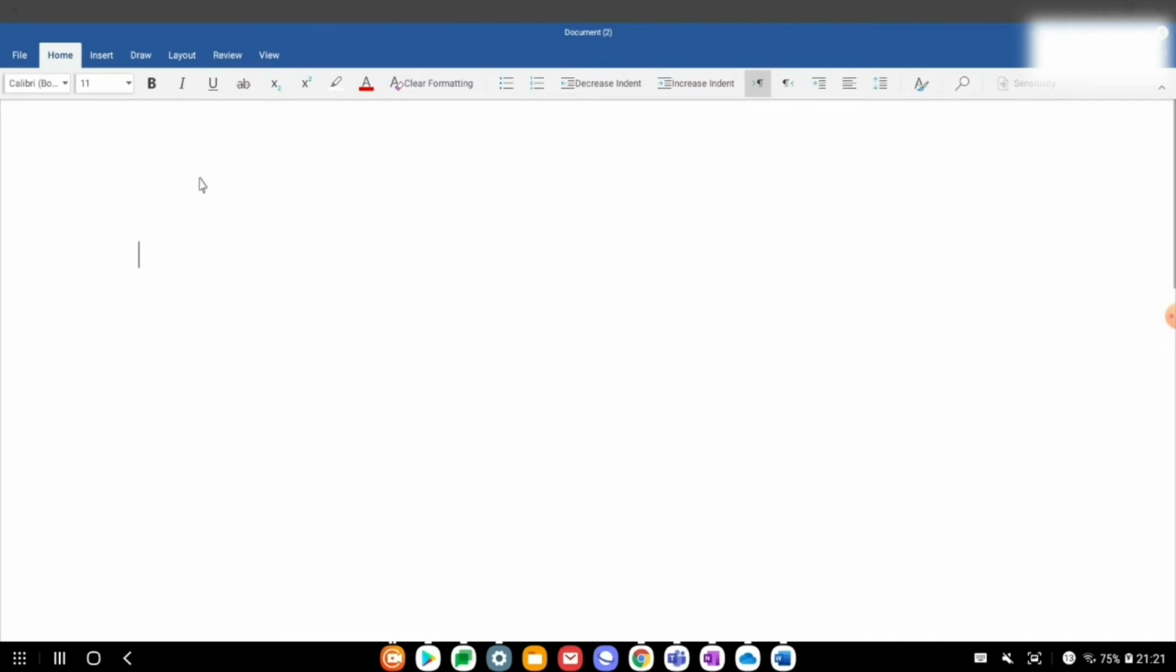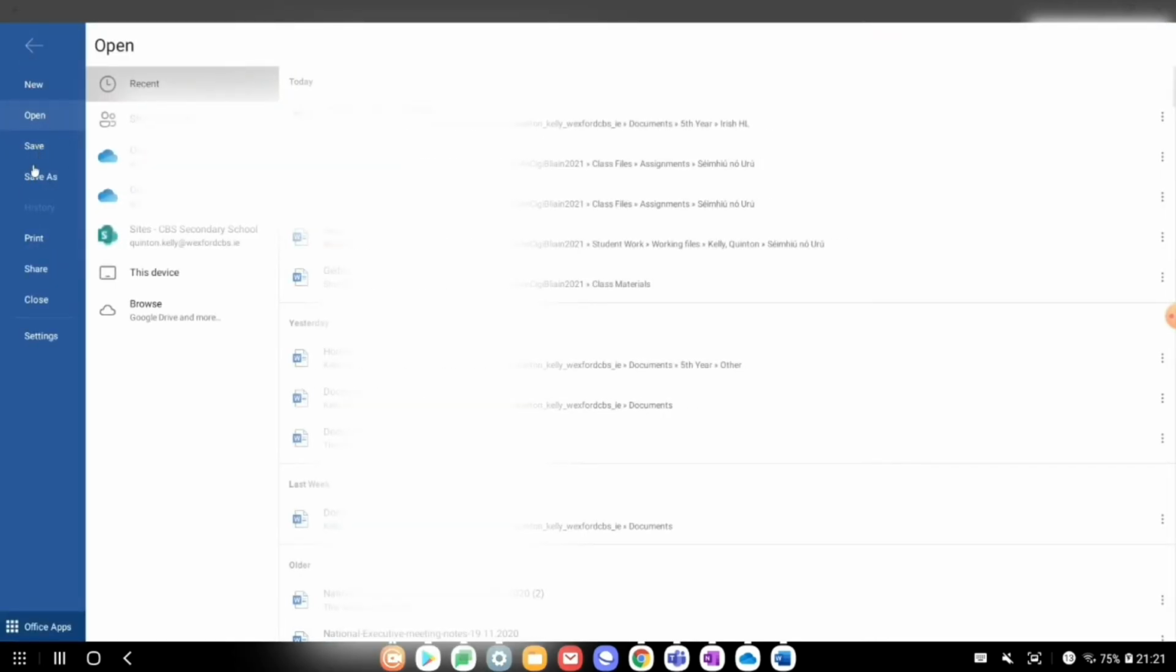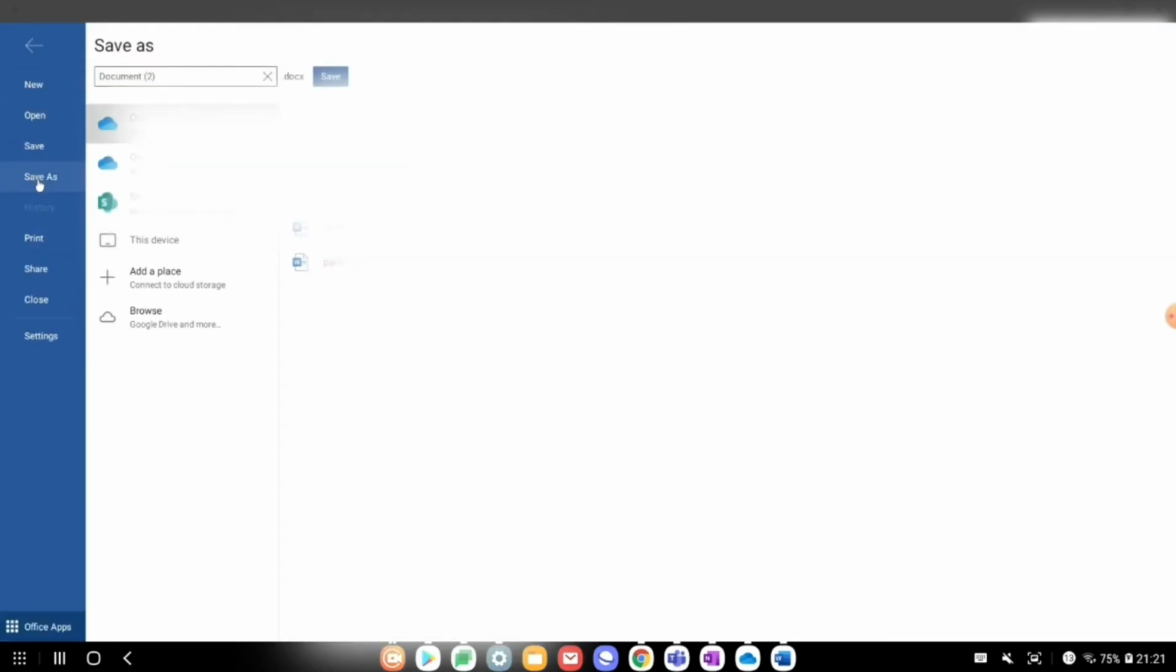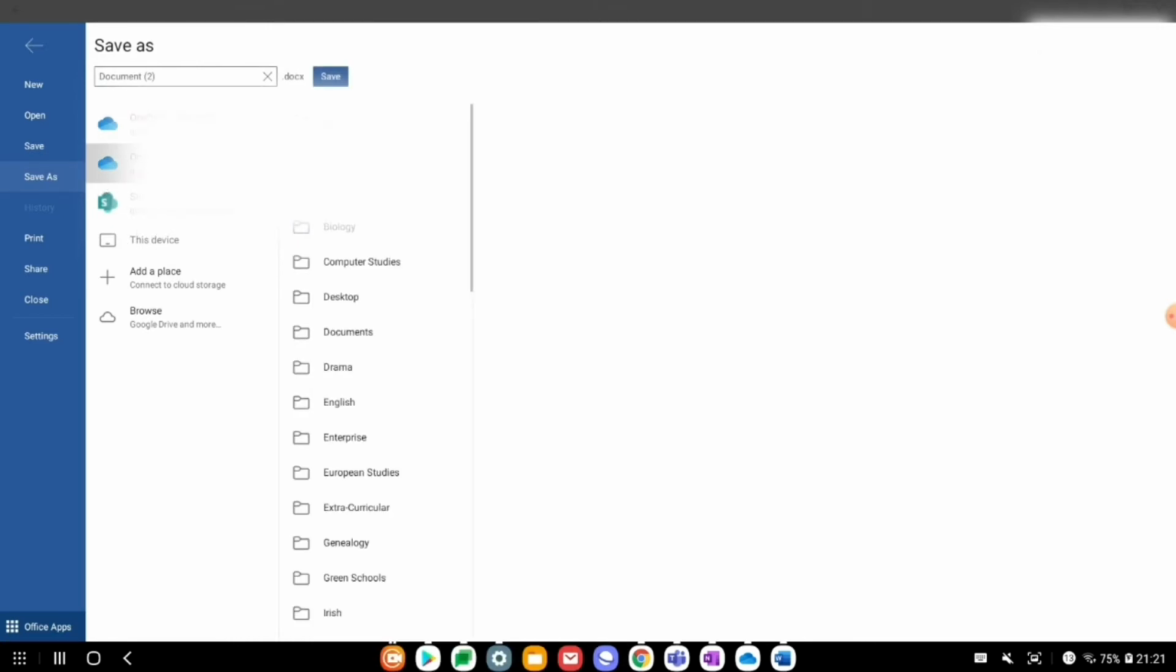Once you're happy with this document and you have your answers for your homework, hit File and then Save As. What I'd recommend is avoid saving it to your device and try saving it to your OneDrive instead. I've set up my school OneDrive here, and I've set up a folder for this year. Here I can just go in, and I would recommend setting up a folder for your different subjects. Then you can just go into the subject,